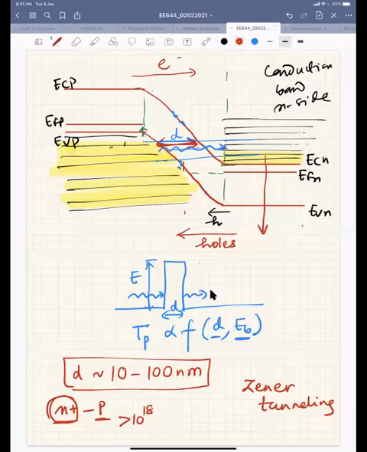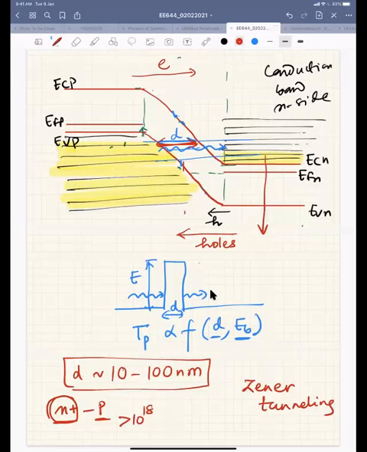So this tunneling current will also increase, and it has an exponential dependence on the applied voltage. At some point there will be very high current flow, and that is called the breakdown. A lot of states are exposed, so electrons can easily tunnel from the P side to the N side. If the barrier is very low, that current will be very high, and so your junction will break, but not because of avalanche multiplication, but because of